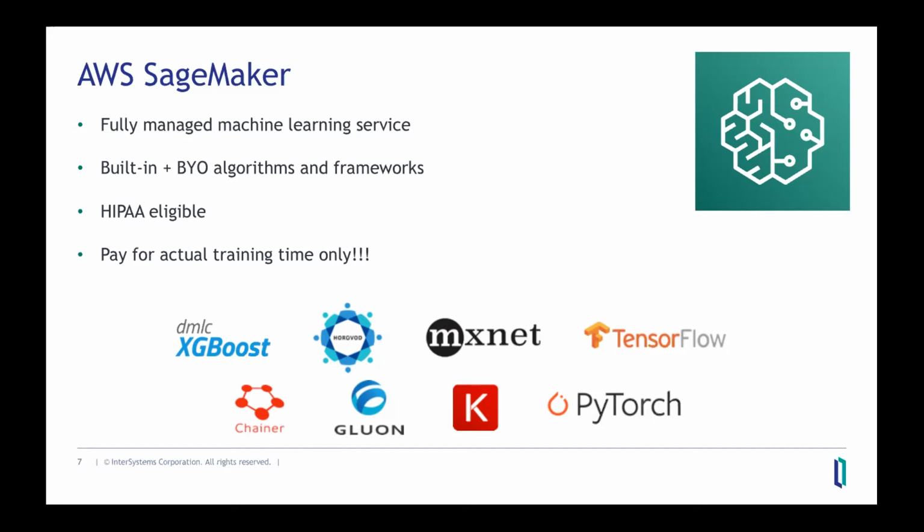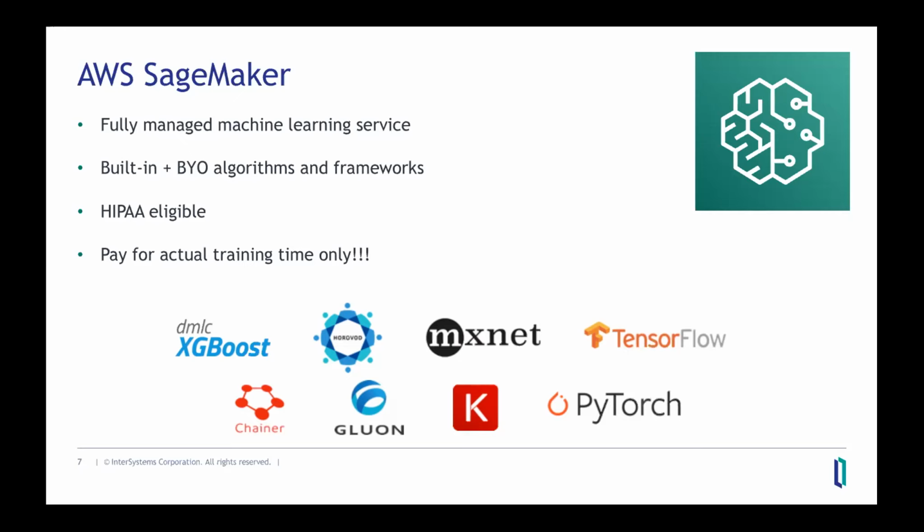If you're working in regulated industries such as healthcare, it's all HIPAA eligible and a bunch of other certifications across the industries.